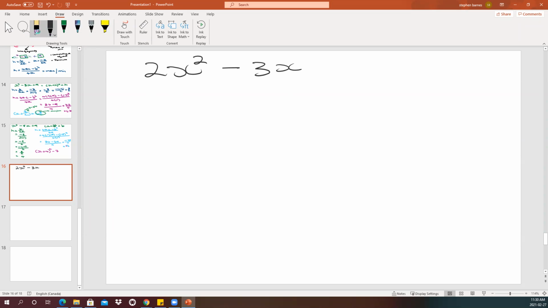Don't write this off. These ones are different, so they are done differently. We're going to examine them on Monday when we complete the square. So I don't want to